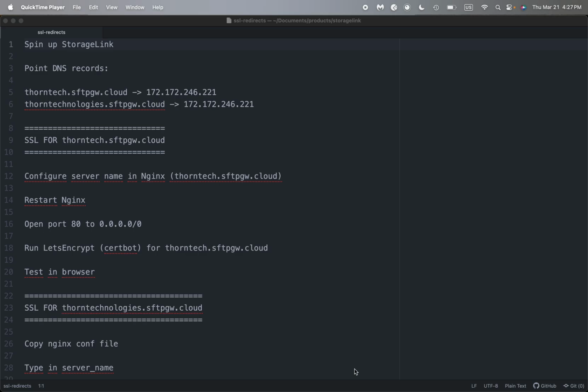So for StorageLink, StorageLink is like a Dropbox drag and drop web uploader to your cloud storage that you can host within your own cloud environment. Amazon, Azure, Google Cloud, you host StorageLink within your own cloud provider, so you have full control and ownership of